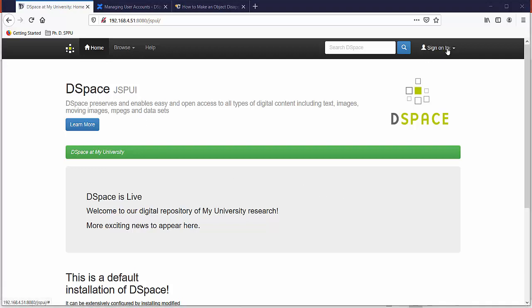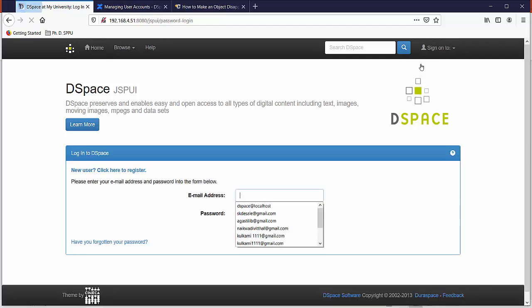Let's sign into DSpace. Click on sign on to, then click on My DSpace. Let's enter the email address of the administrator and enter the password, DSpace123. We have created the administrator account in the last step.